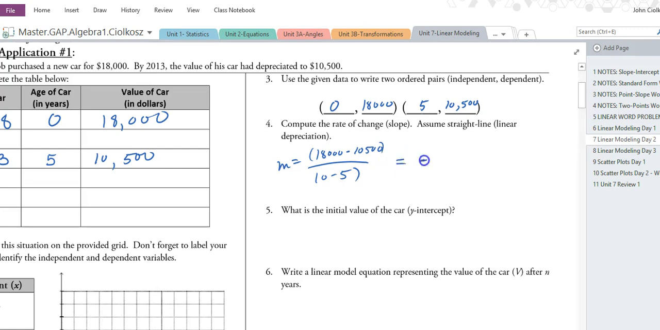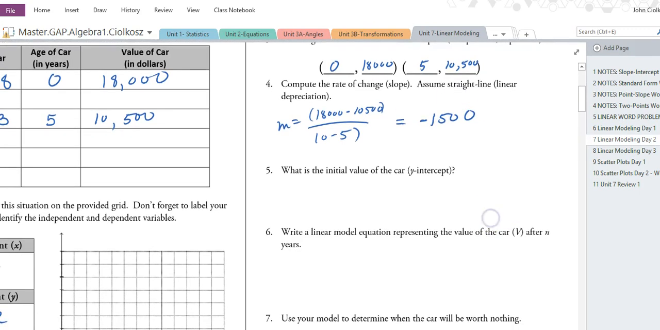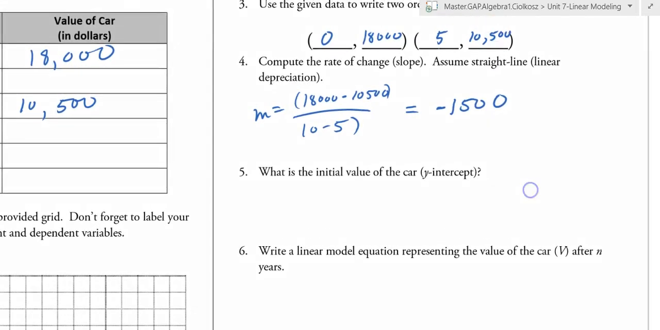So what that tells me is this car is going down by about $1,500 per year. The initial value, that means find b. So if I choose, let's say, this point, so I'm using this for my x and my y respectively. My m we found is negative 1500. So plugging in,